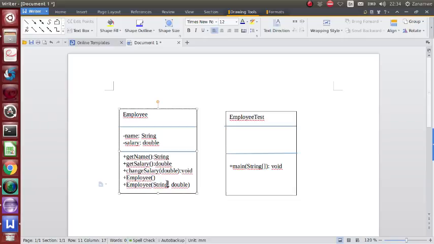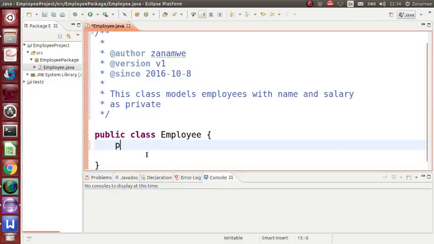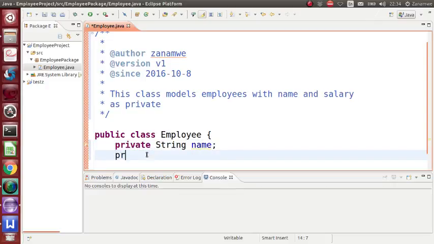Right, so let me start by adding the attributes. Since they have got private scope, I'm going to use the keyword private to declare these variables. Private name, data type first, then the attribute, then private double